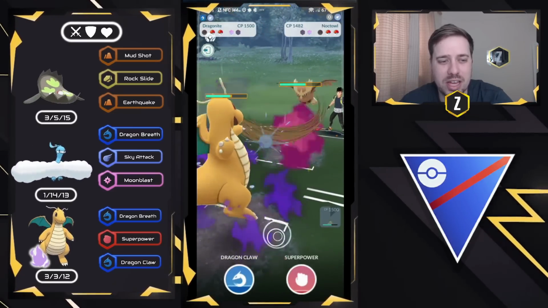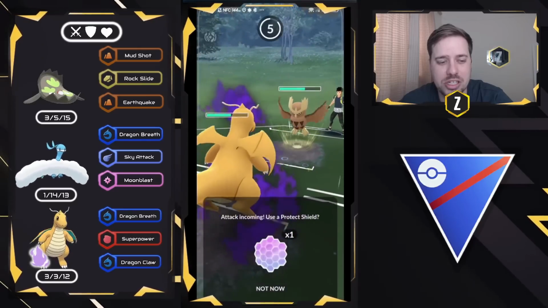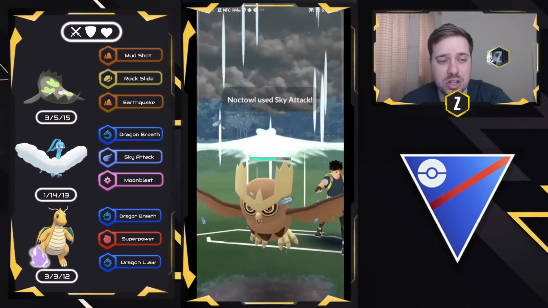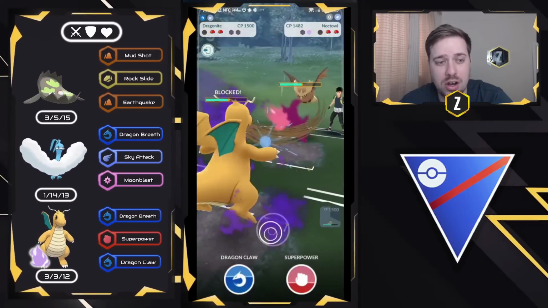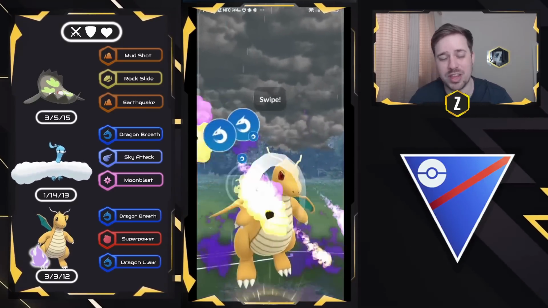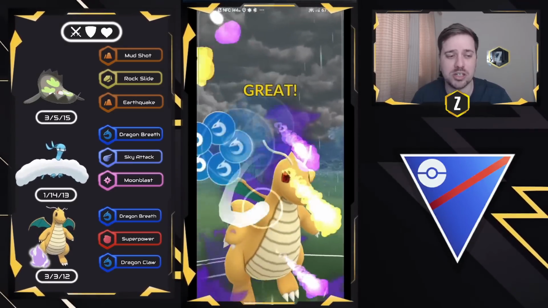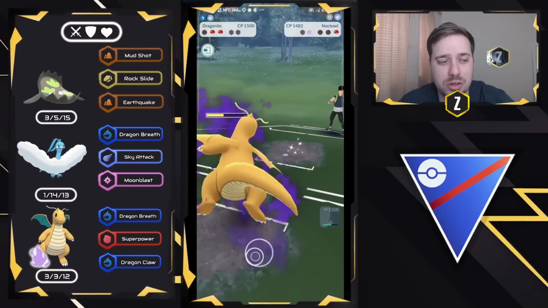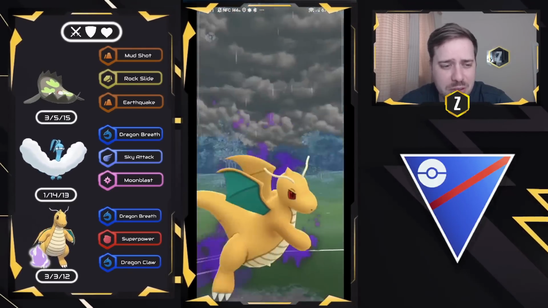right here. So like before, we're just going to try to do as much damage as possible with Dragonite. The Dragon Breath and Dragon Claws really put a hurt on the Noctowl right here. So we're going to go ahead and go for double Dragon Claw. Look at how much health that Noctowl is down to, 1/3 of its HP just from Dragon Breath alone. And they decided to let the Dragon Claw through, which is fine by me, because now we're going to see